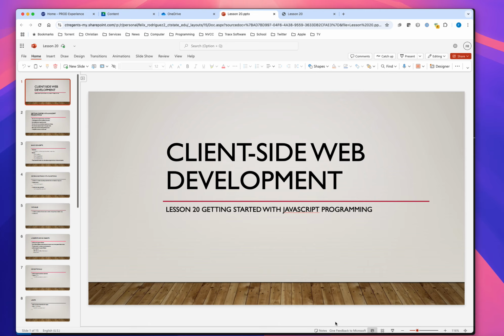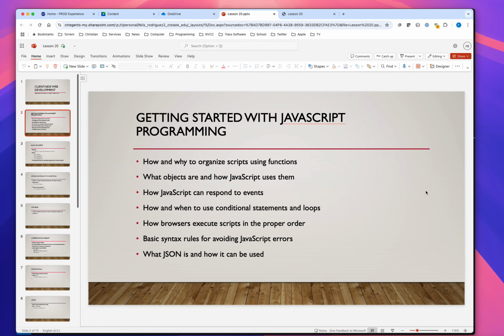To lesson 20 of client-side web development. Today we're going to talk about getting started with JavaScript programming. So we're going to look at how and why to organize your script using functions. You kind of saw that the last lesson, but we're going to go more in depth as to why we're